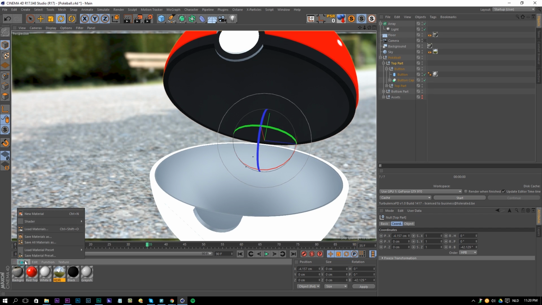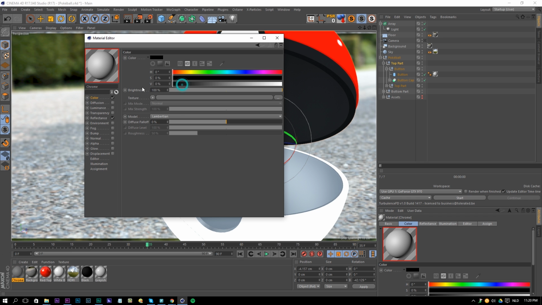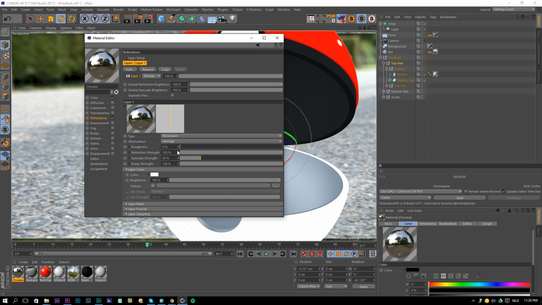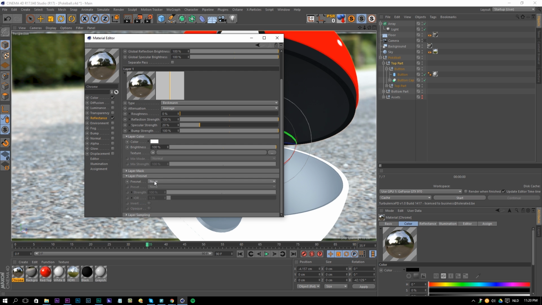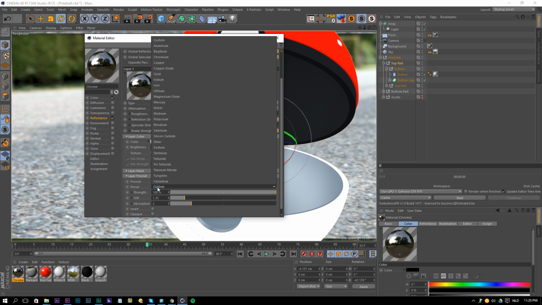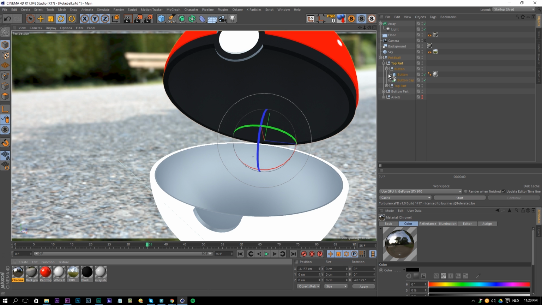And then I'm also going to create one last material and rename it to Chrome, and change the color here to black. We can use a complete black here and go to the Beckmann and just keep the reflection like so. Go to Fresnel, the conductor, I'm sorry, and use chromium. And just paste this, and we'll put this on our inner part. So on the top part, well, actually,